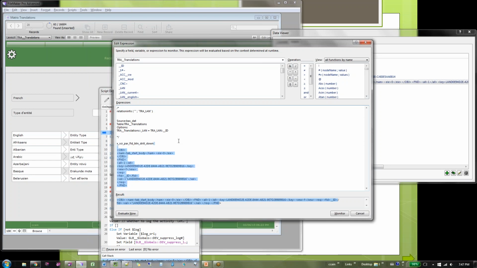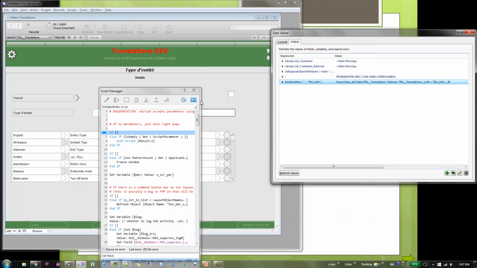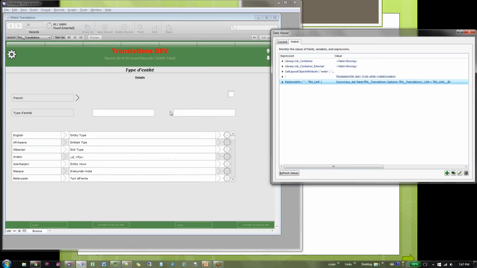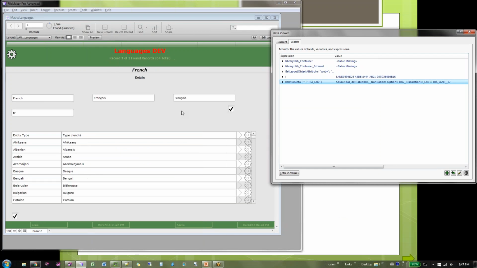So it's been a lot of work to develop it. Now it's paying off. Now I just drag and drop, change one thing, and away we go. That's the important part.